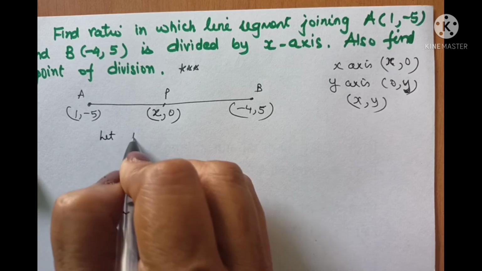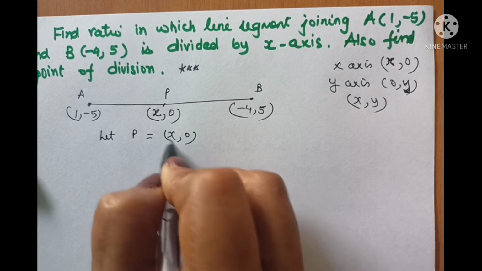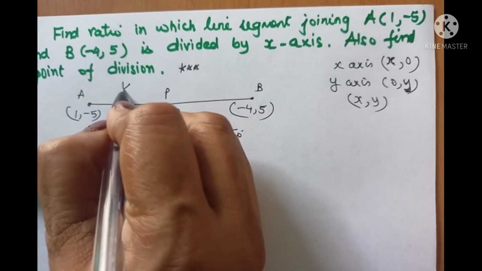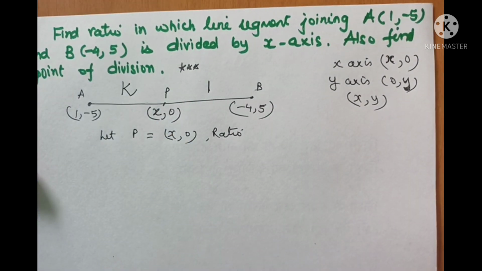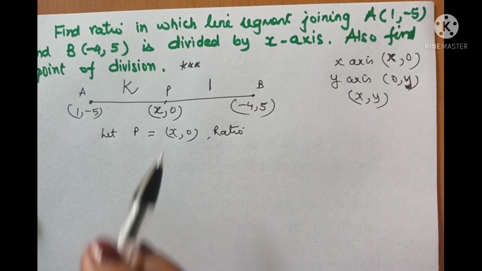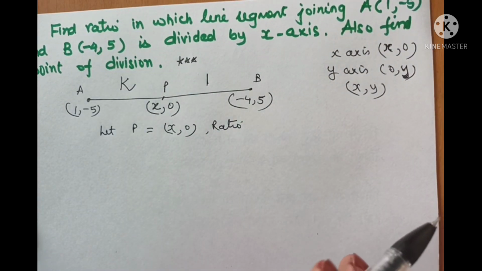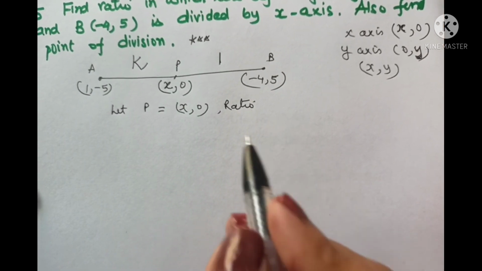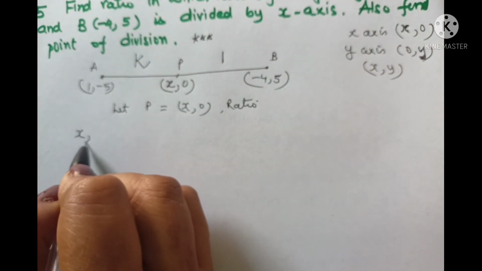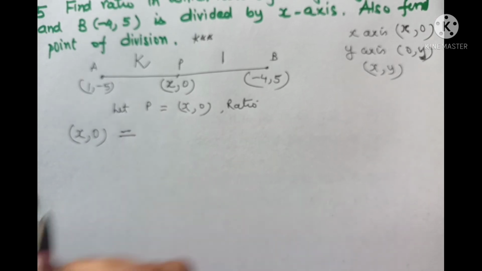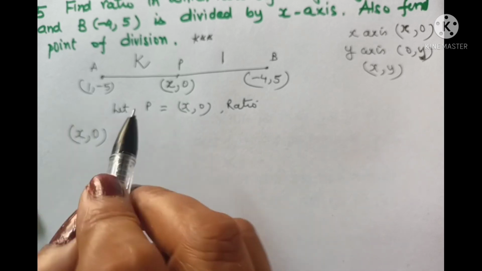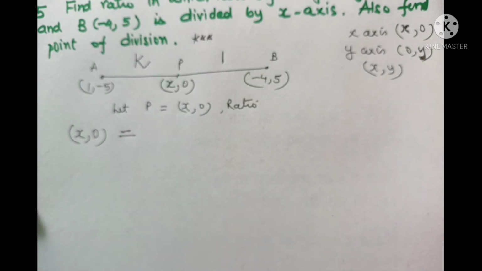So let the coordinates of P be x comma 0, and the ratio, as I just explained in the previous question, we shall let as k ratio 1 because it makes our work easier. So I hope this much of the first rough figure is clear to all of you, right? Making a rough figure makes your work a lot easier. Now let us express it. Use the formula: x comma 0 is equal to, and that is why I always told you that we should use this formula in a single step and should not write x and y coordinates separately.